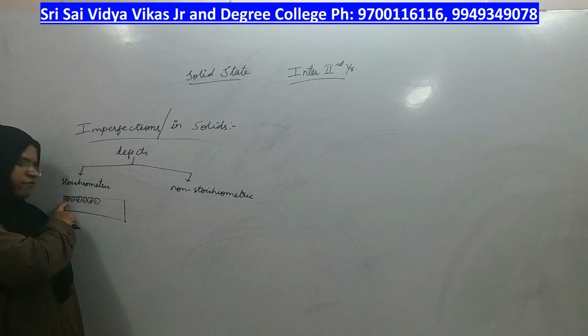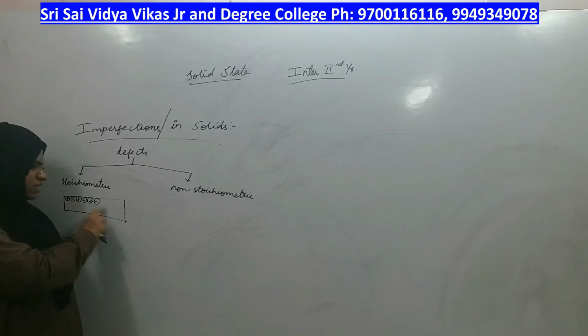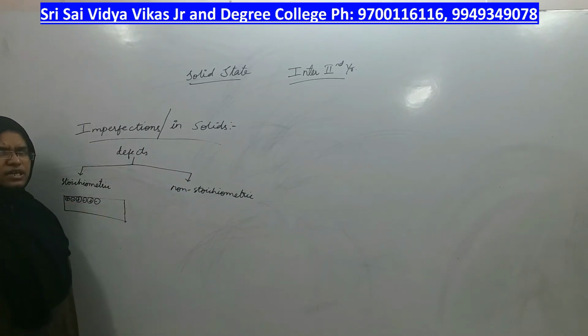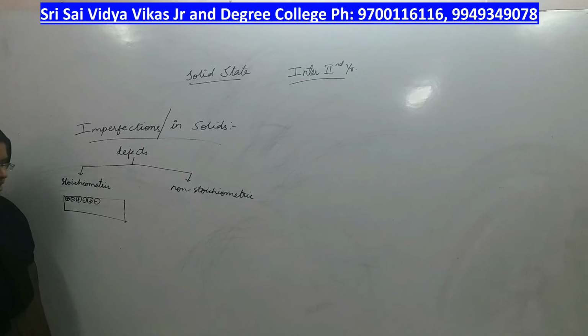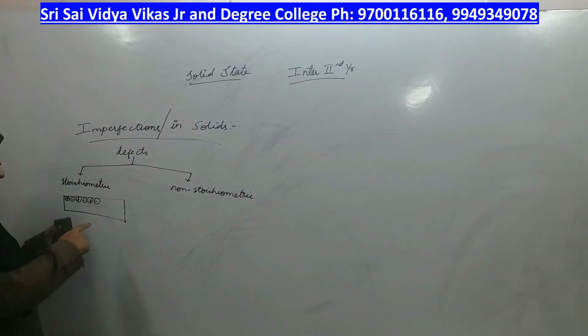The position of cation is this, followed by anion, cation, anion. Like that they are arranged alternately in a crystal lattice, and the point in which an atom or ion or molecule is present is called a lattice point. So, in the total piece of crystal lattice,